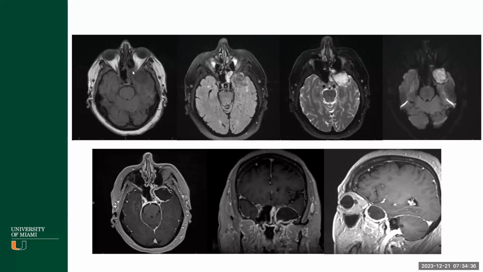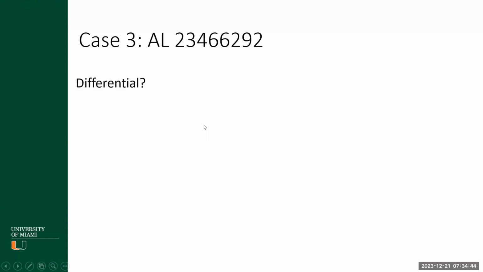Yeah. Perfect. And so, if I were to ask you, we'll get there, right? Looking at something like this, what is your differential? So you have a lesion in the anterior temporal pole, diffusion restricting, kind of contrast enhancing, at least in the periphery. When you're talking about diffusion restriction in something like this, it could be an abscess. That's a differential. It could be a lymphoma. It could be diffusion restriction we can see in